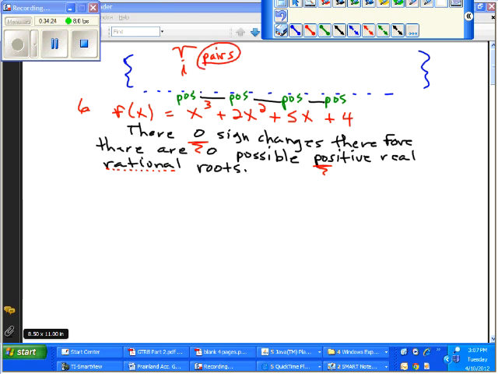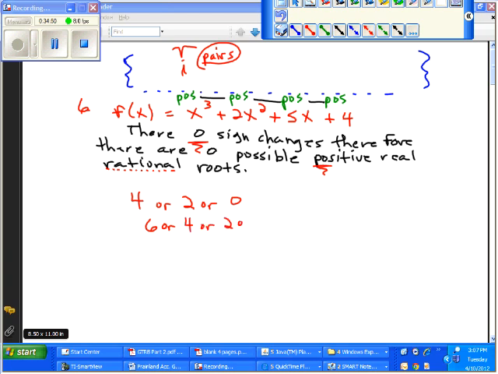You lose them 2 at a time because they come in pairs. So if there had actually been 4 sign changes, we would have said there's 4 or 2 less than that, or 2 less than that, 0 possible positive real rational roots. If we had ended up with 6 sign changes, we'd say there's 6 or 2 less than that, 4 or 2 less than that,